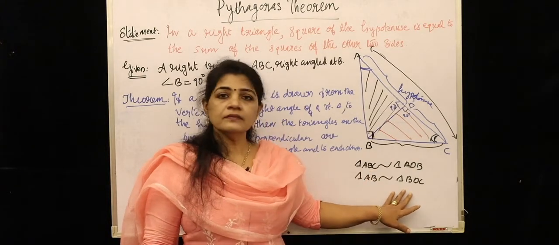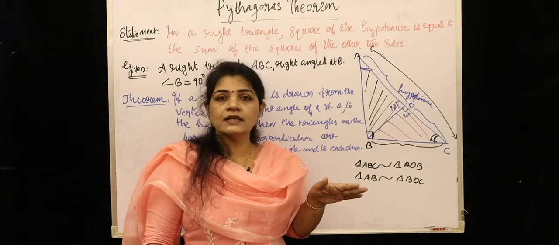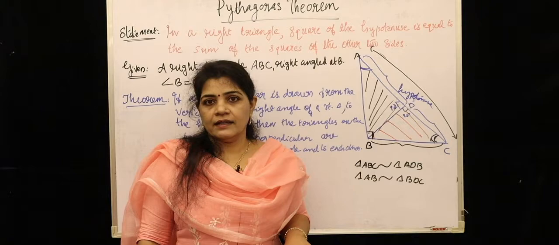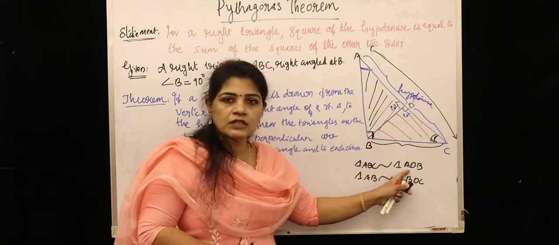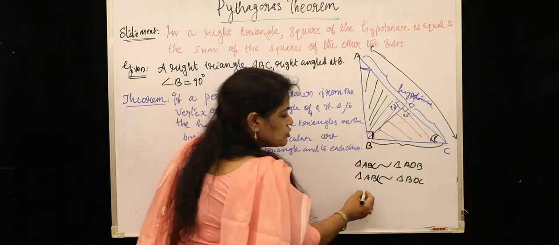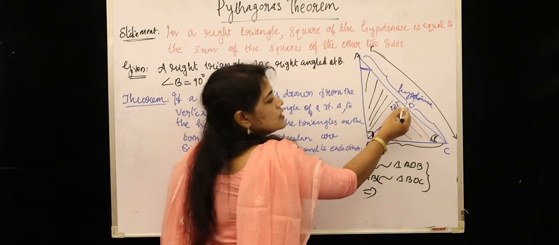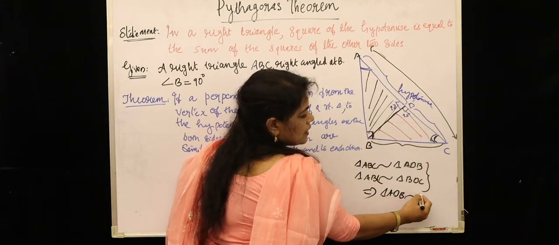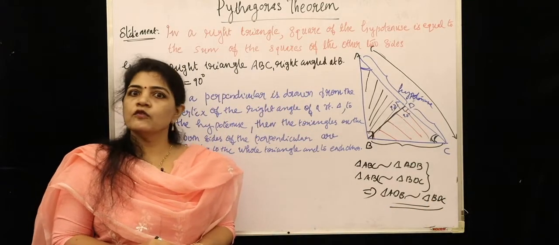Okay, from this you can write, if we know that a line is parallel to a second line and the second line is parallel to a third line, we can write that the first line is parallel to the third line. Because of the same result, see children, triangle ABC is similar to triangle ADB, and triangle ABC is similar to triangle BDC. From these two you can write that the triangles on either side of this perpendicular BD, that is triangle ADB, is similar to triangle BDC. It's a very, very important theorem, but proof is not needed.